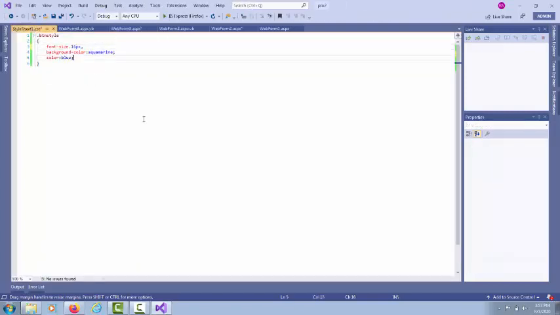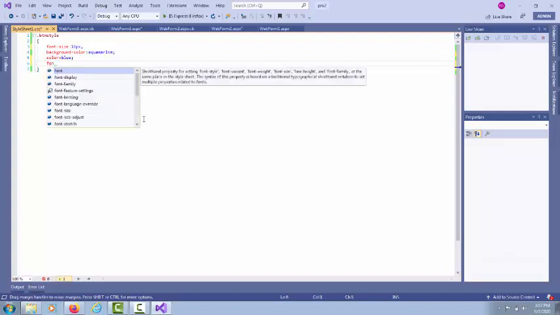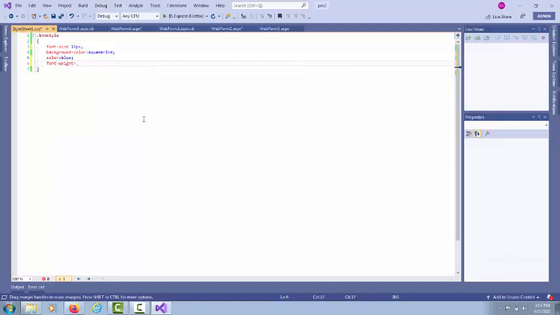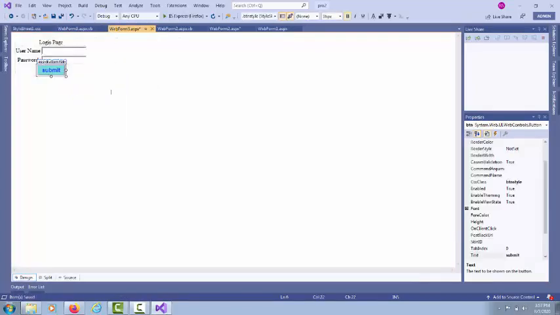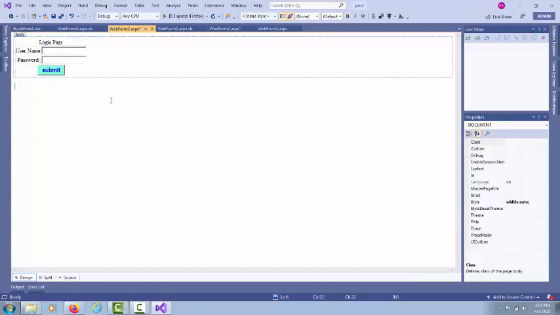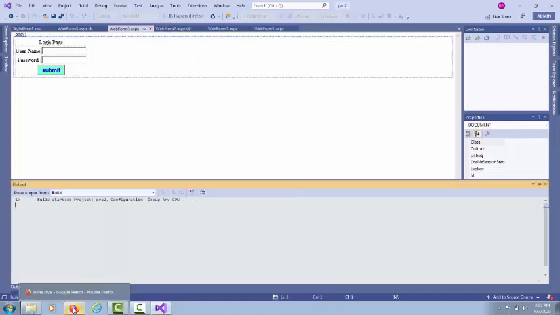And the font weight can be bold. So bold weight will be applied. If I run this in the browser, then I can see the style sheet is applied.